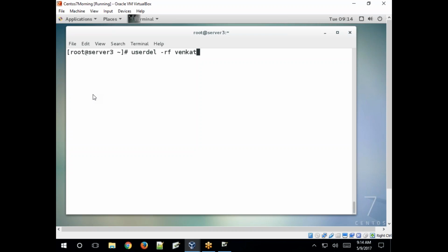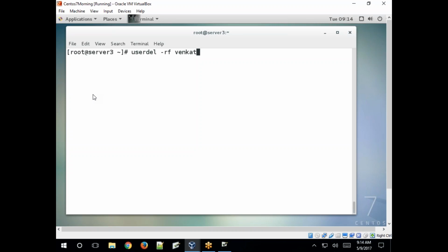If the hyphen rf option is not specified, only the user information will be removed from all the files. Okay, so the home directory will still exist. So if you want to remove only the user and user information, just remove that.